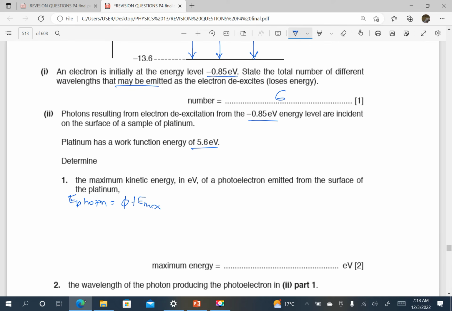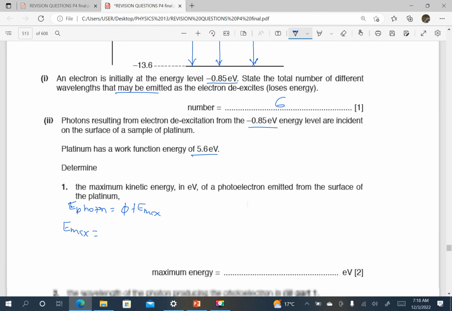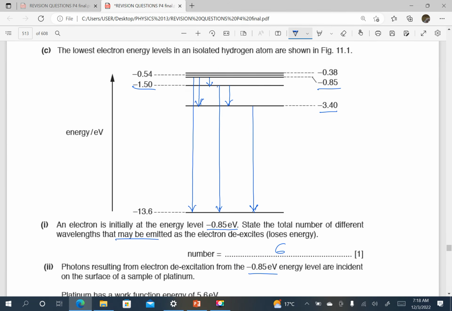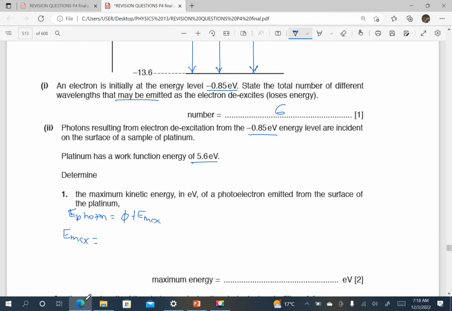So we can find the maximum kinetic energy, Emax. It is coming from photons resulting from electron de-excitation from this energy, incident on the metal surface of a sample of platinum. Determine the maximum kinetic energy. Of course, kinetic energy is going to be maximum if the energy of the photon is also maximum. So the transition will be from negative 0.85 to negative 13.6. So the energy of the photon is going to be